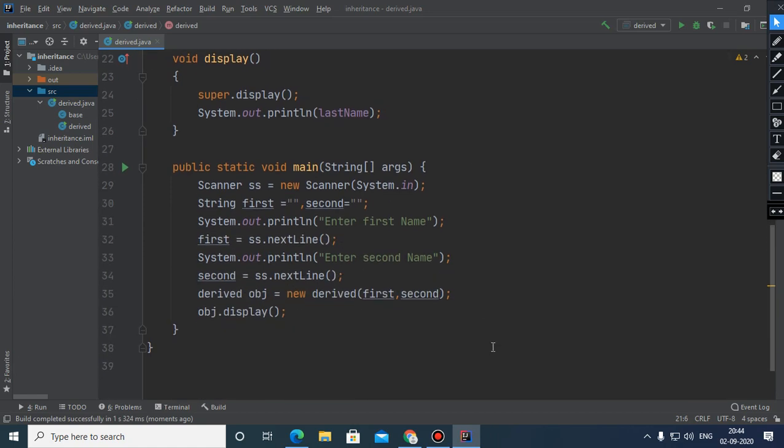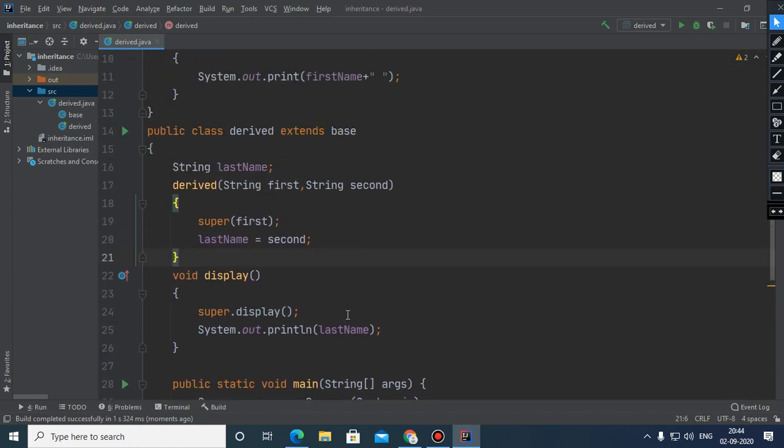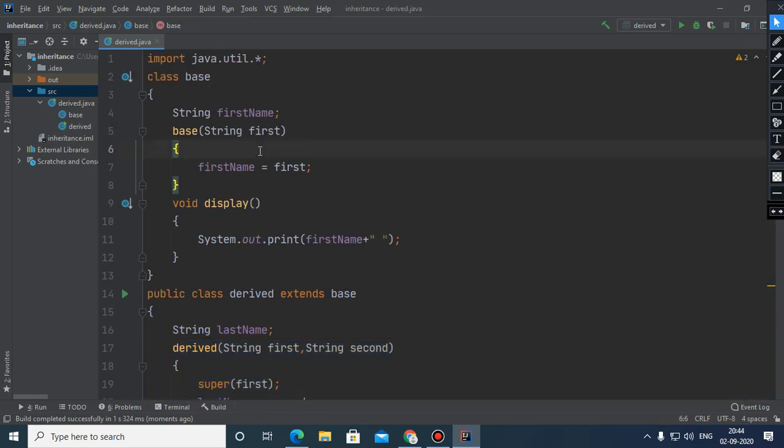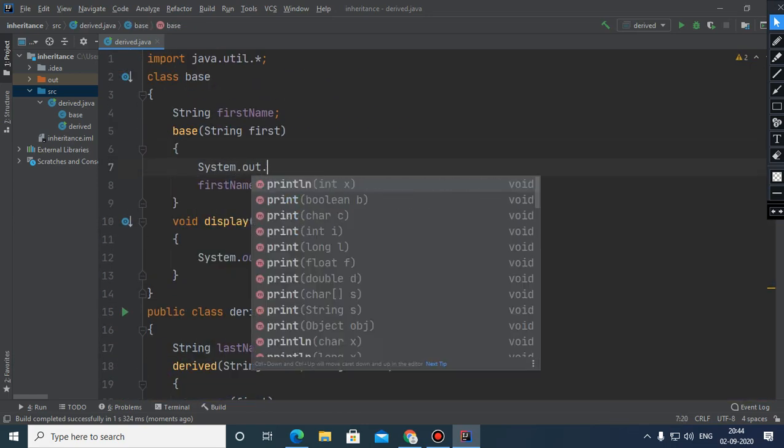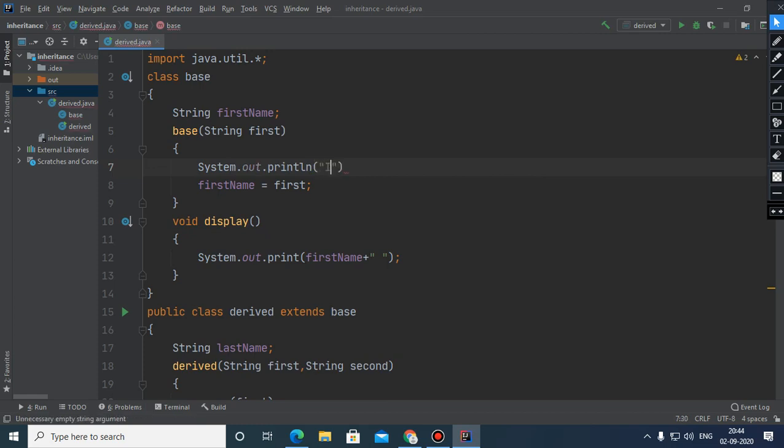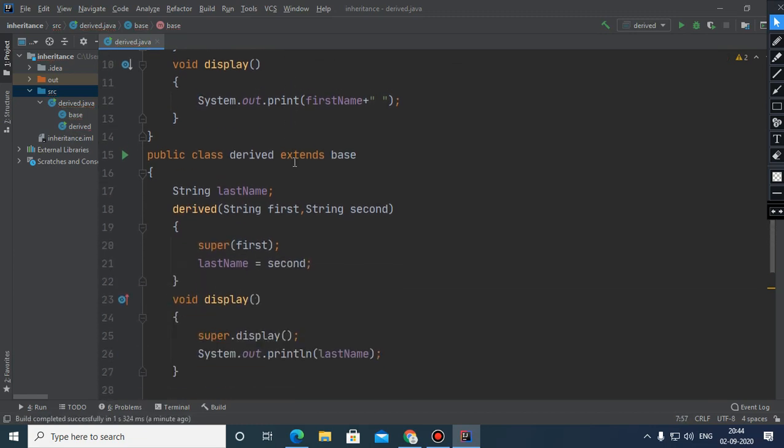One thing I would like to demonstrate, that when this constructor is invoked, control immediately jumps within this part, which is "I am inside the base class."